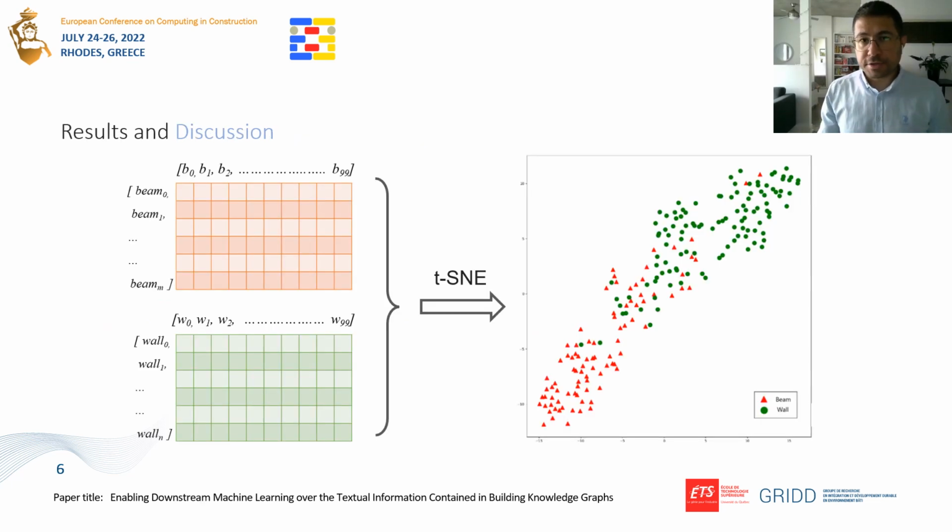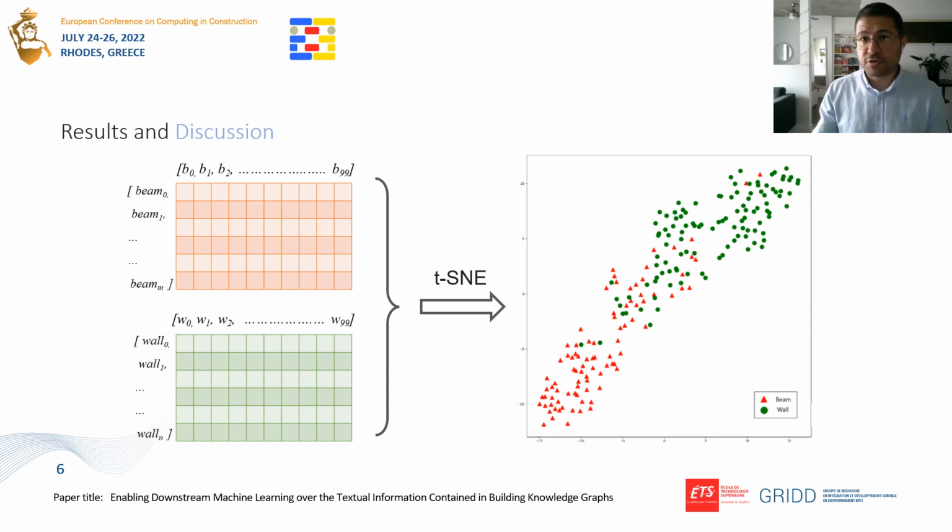In our experiments, we set the size of the embedding vectors to 100. So at the end of the training process, we could represent each wall and beam element with a 100 dimensional vector in the embedding space. Subsequent to the training step, to evaluate the results, which means to test whether nodes of one type were embedded